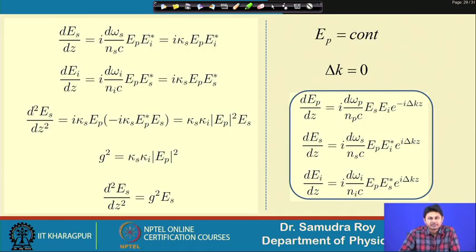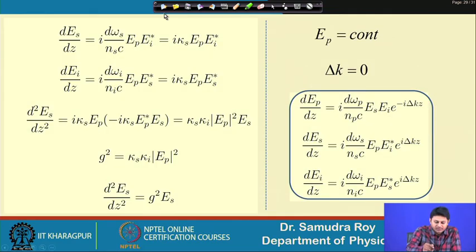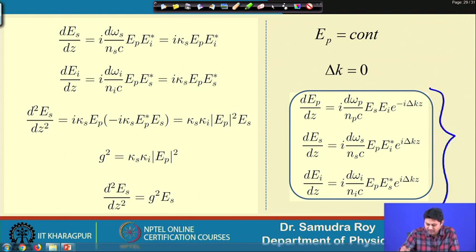In the next slide we will do all the mathematics and try to find out whether these two things are really going to amplify or not. Our aim here is to find out, from the previous slide, that omega s and omega I are generated from omega p, and whether these two will amplify or not, which we will study mathematically. So, we will start with our old three equations. This is the equation of three different waves: pump, signal and idler.